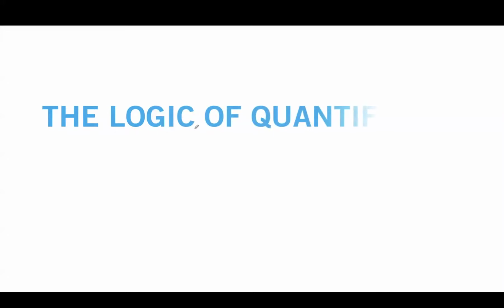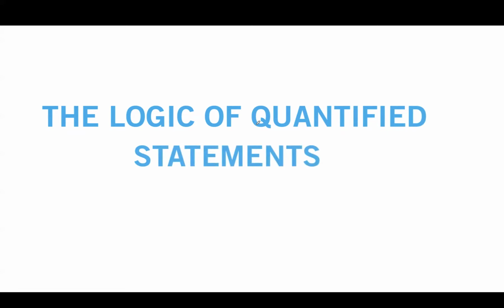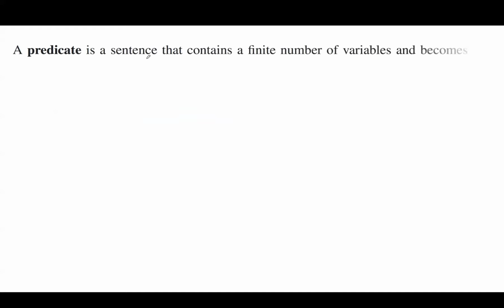On the topic of quantified statements, universal statement and existential statement. Before we begin talking about these two statements, let us introduce the concept of predicate. A predicate is a sentence that contains a finite number of variables and becomes a statement when specific values are